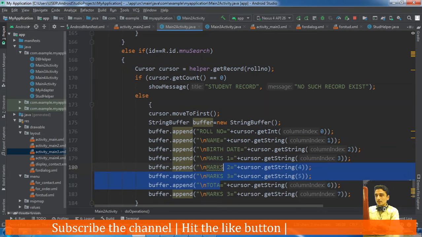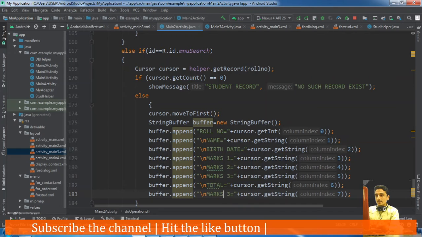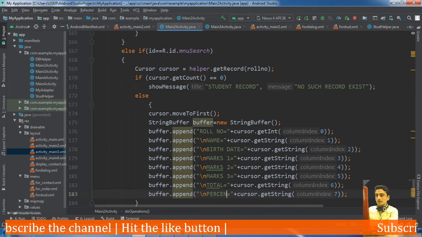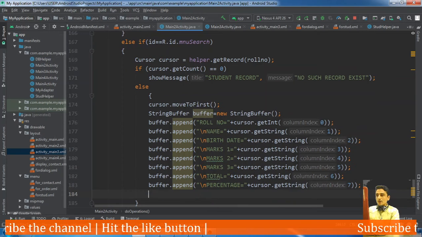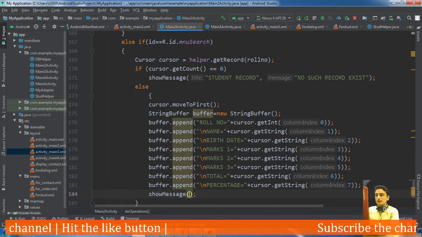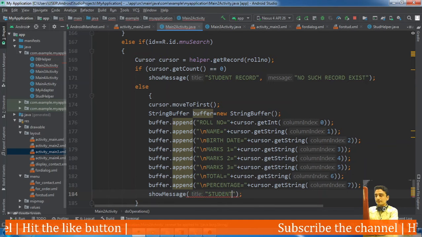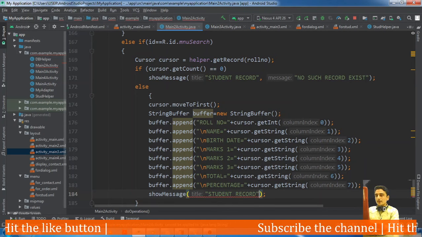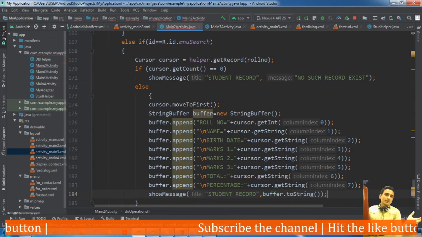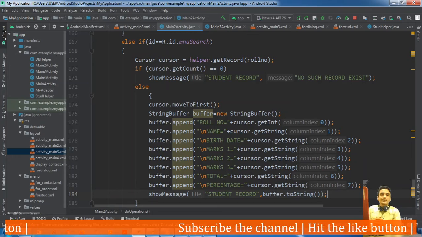Total and percentage. Okay, after doing this much thing, we should show the message to the client that student record and buffer dot to string. Okay, the record will be displayed which is searched, okay, if it is available.